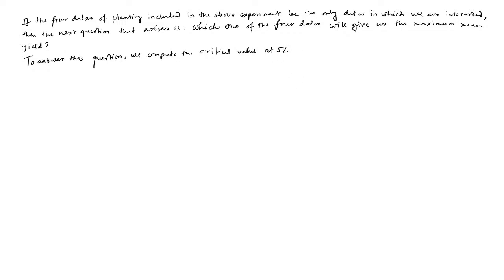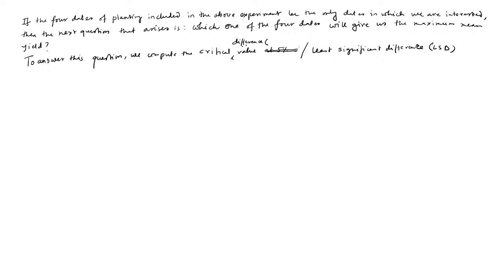I consider 5% level of significance, that is equal to the critical difference. This is a balanced case, because under each method the number of observations is the same. So the critical difference value, or we call it the least significant difference, LSD,